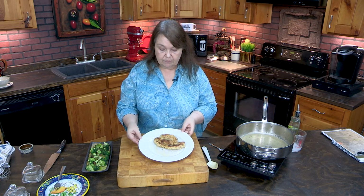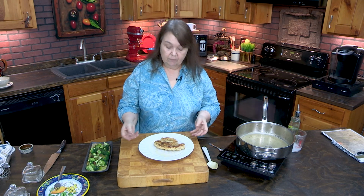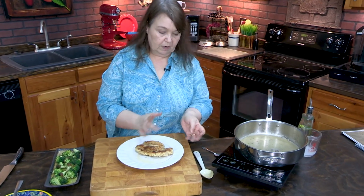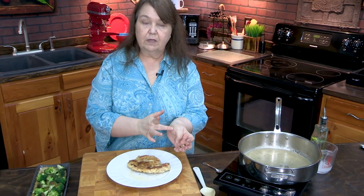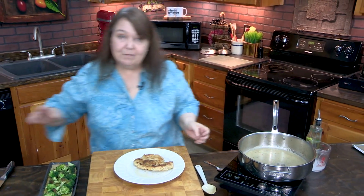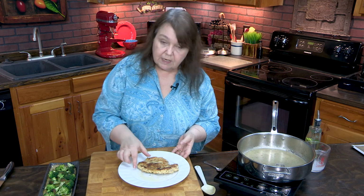Then I'm going to show you how to plate this up. Let our chicken rest for a little bit. You see we have a little bit of juices coming out, and we're just going to test it. You can see that it's about the same doneness as if you pressed right here, like a well-done steak. We don't want chicken to be medium rare, do we? We're going to take this out,